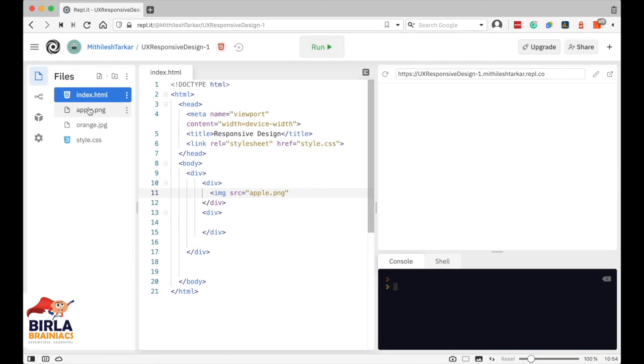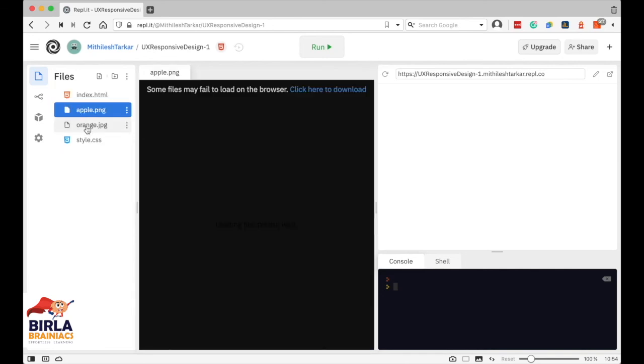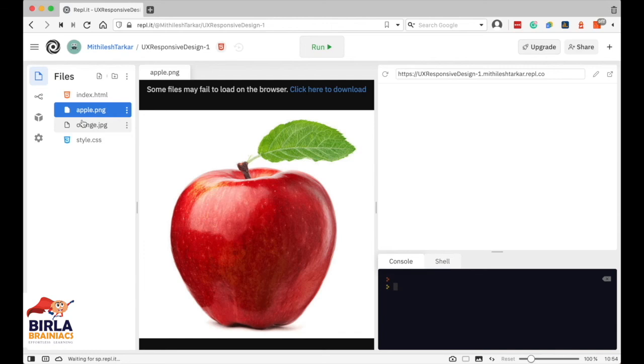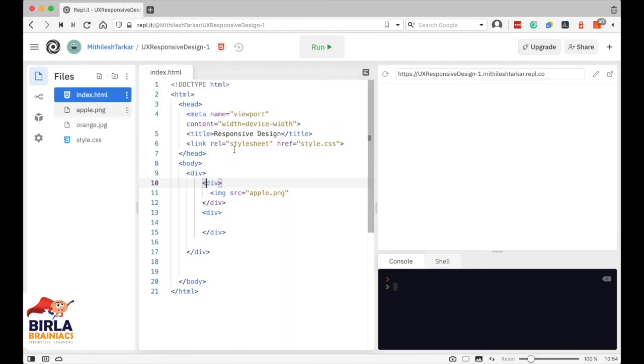As you can see, I have already uploaded this image, which is an apple and an orange, in my project. So all I have to do is write the name of this file inside the source property. Then we will say the width as 250 and the height as 250, and then we can close the image tag.